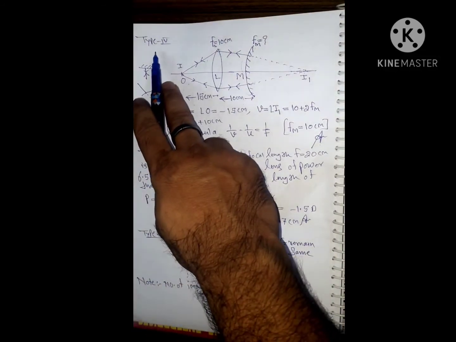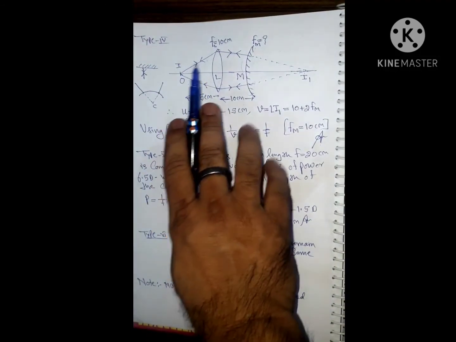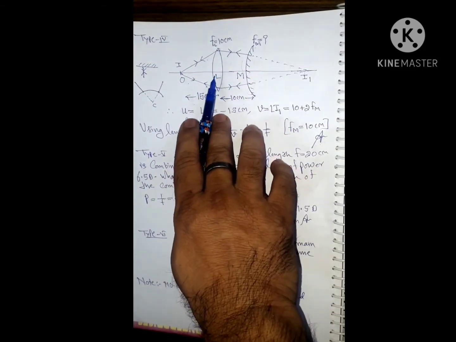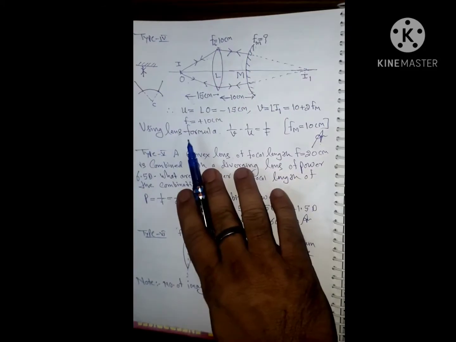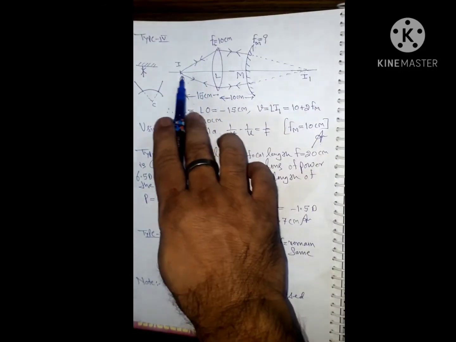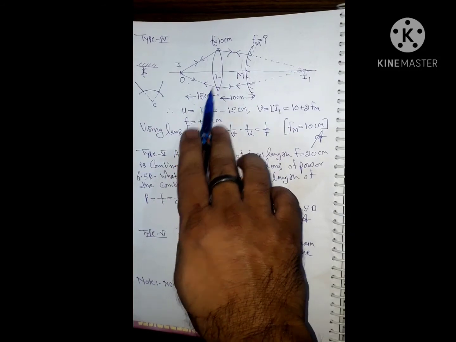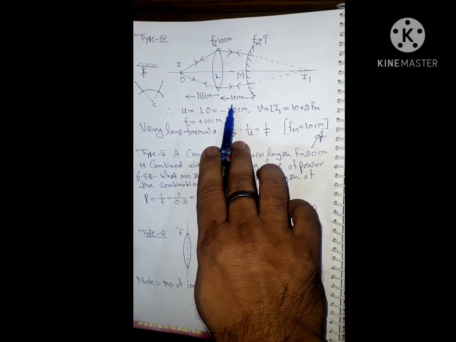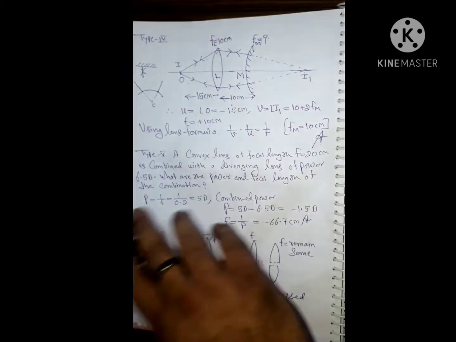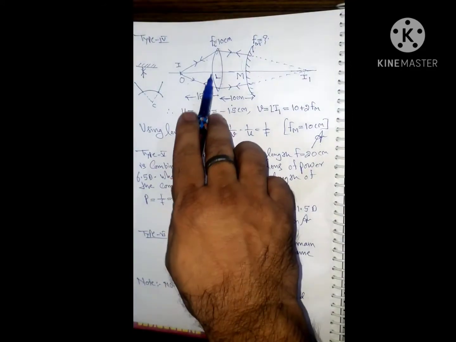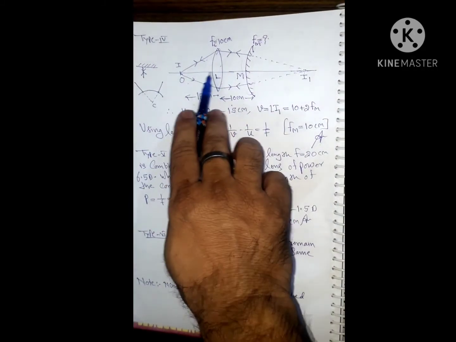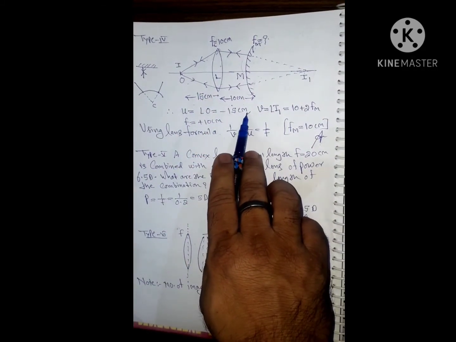Okay students, there is another type of question based on image formation by two lenses, and an important question, the combination of a convex lens and a mirror. The object is there, the ray diagram is given. The object distance from the lens is 15 centimeter, the distance between lens and mirror is 10 centimeter, the focal length of the lens is given as 10 centimeter, and the focal length of the mirror is unknown. For the convex lens, U is given as LO, opposite to the ray, therefore minus 15 centimeter.